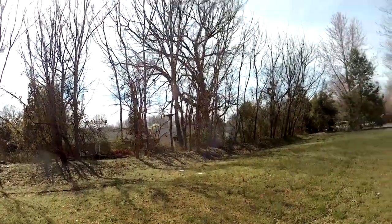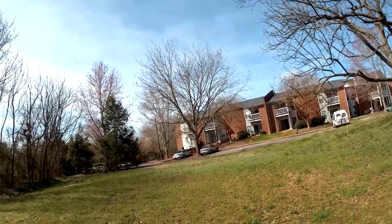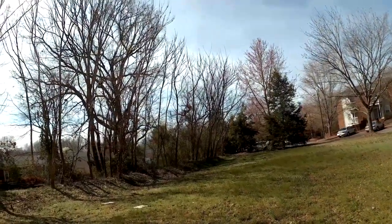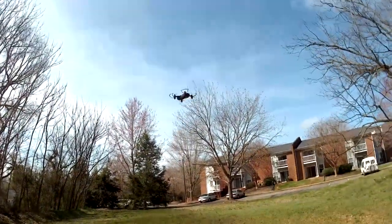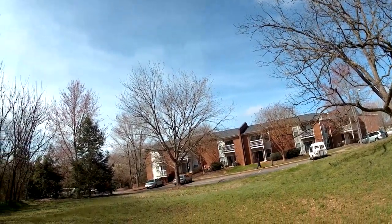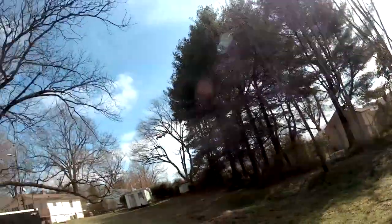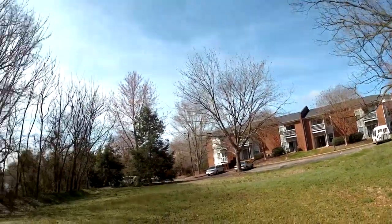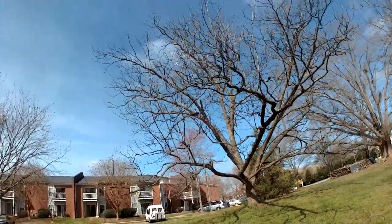The remote control itself is a little bit tiny. It feels great to the touch, but it's a little bit tiny. And since it's a slider, I believe I'm still trying to adjust to using a slider. Actually, this is my first slider remote control and my first time using it, but it's pretty easy to maneuver. The different speeds are good. As you can see, it flies really fast, and also